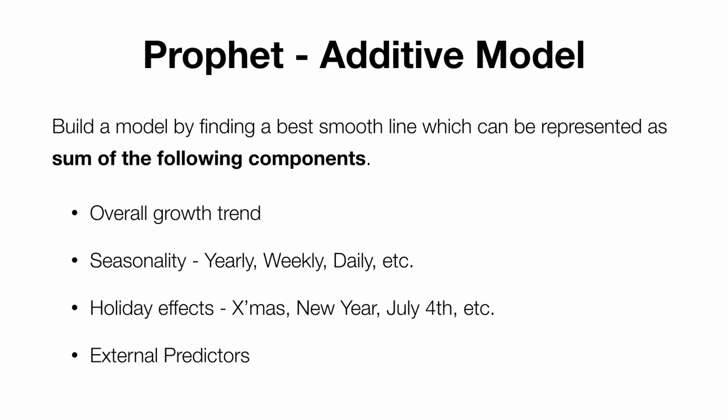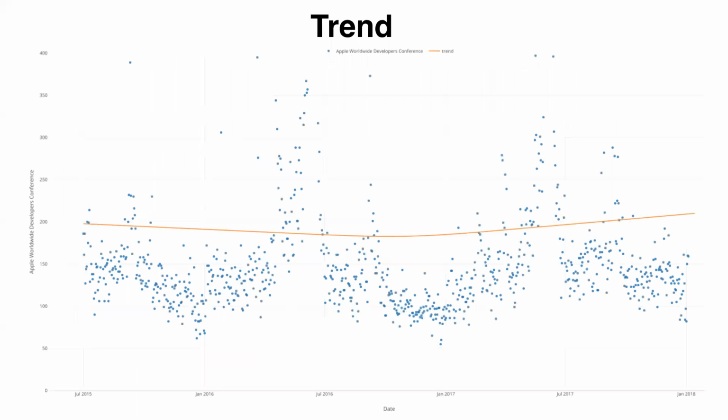Then this algorithm finds some patterns and trends in these components, and tries to build a smooth line that fits with the actual data. In this case, let's say sales or something like that. So what that means, let's start with the overall trend, right? So this blue dot